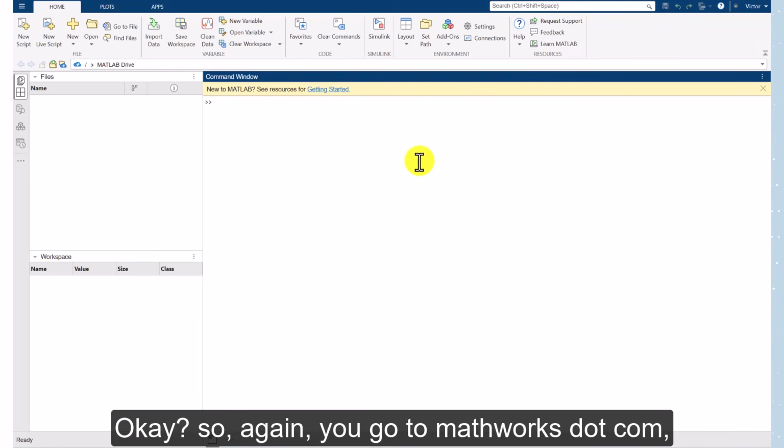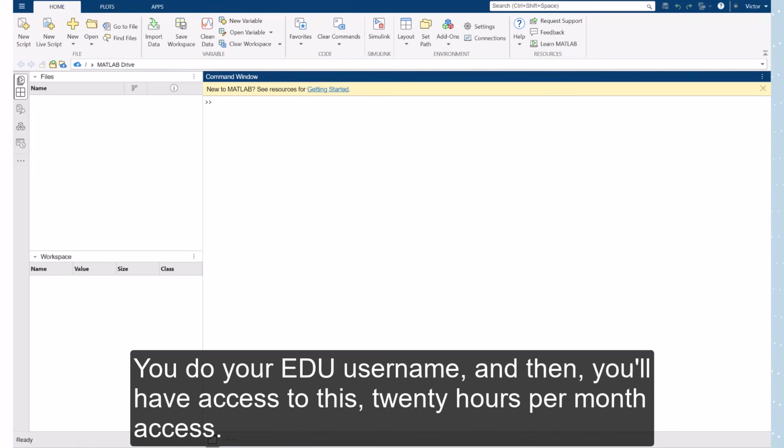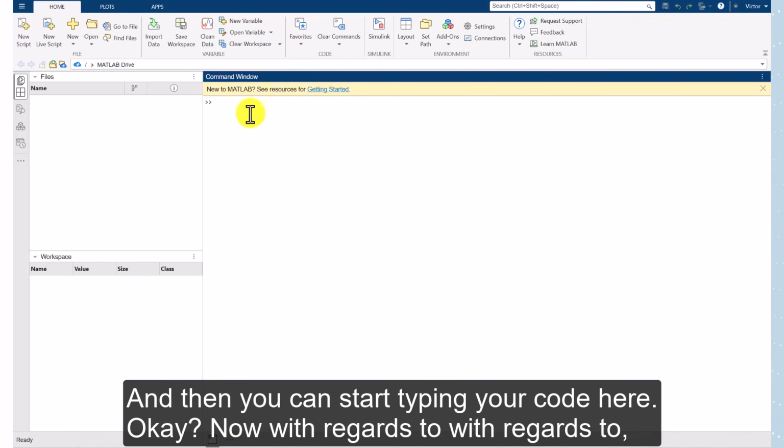Okay, so again, you go to mathworks.com, create an account, and use your edu username. And then you'll have access to this 20 hours per month, and you can start typing your code here. Okay, now with regards to